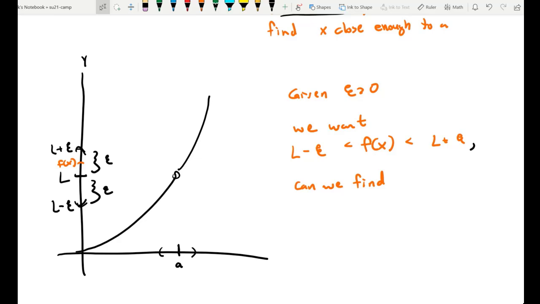Can we find an x close enough to A? By saying that x is close enough to A, let's just suppose that it's within a distance delta. That's that other distance we were talking about. Delta is going to be a distance that you associate with the x-axis. So can we find an x, or I should say, can I get close enough to A, so delta close,